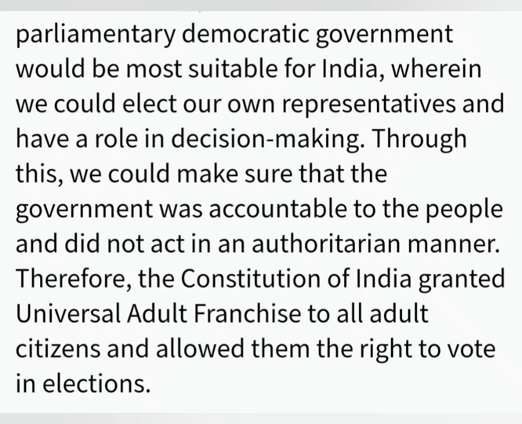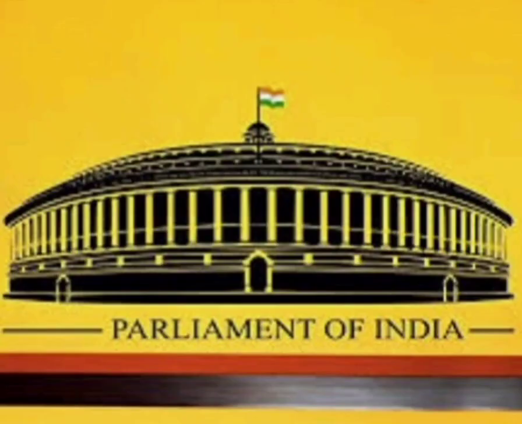Through this, we could make sure that the government was accountable to the people and did not act in an authoritarian manner. Therefore, the Constitution of India granted universal adult franchise to all adult citizens and allowed them the right to vote in elections. Children, why is it important for the Indian Parliament to have elected representatives from rural areas,